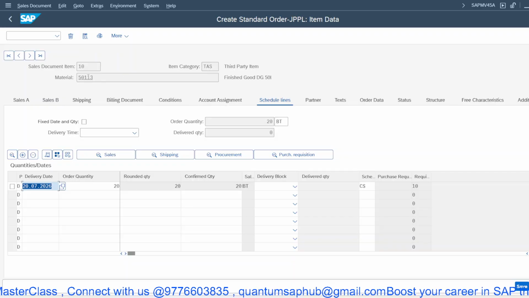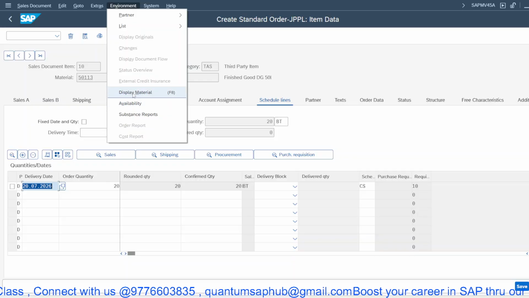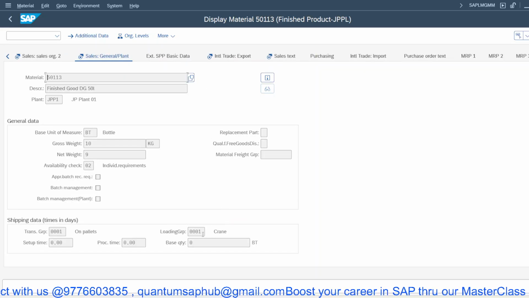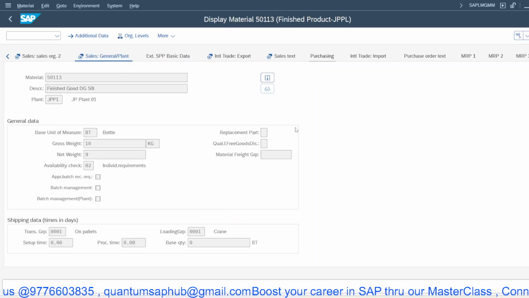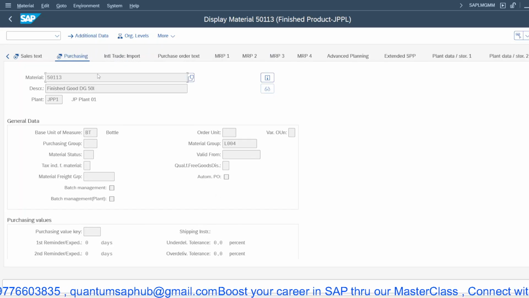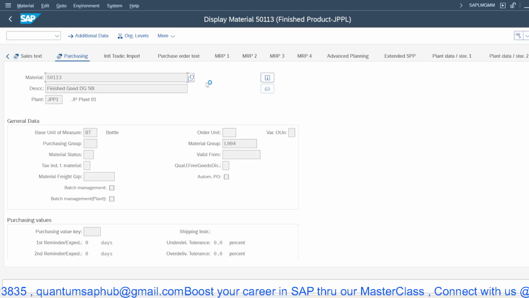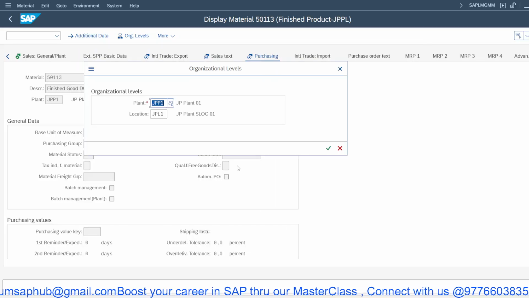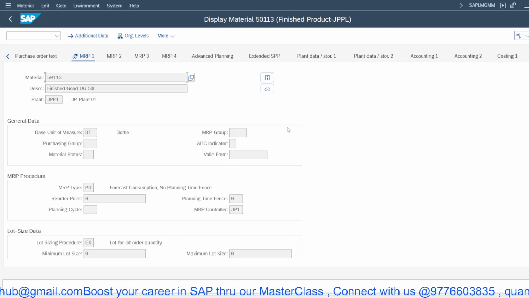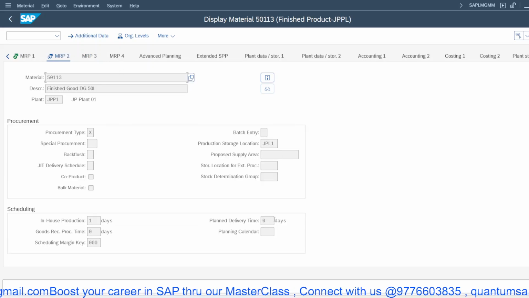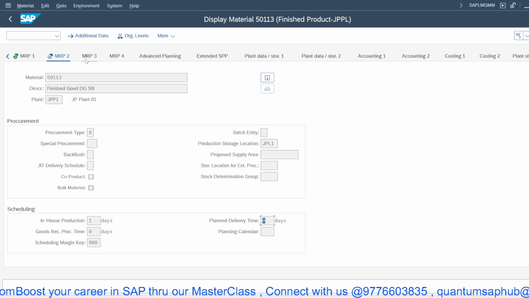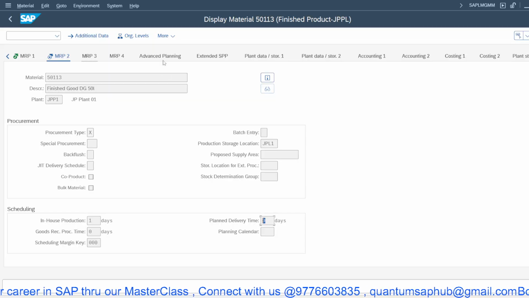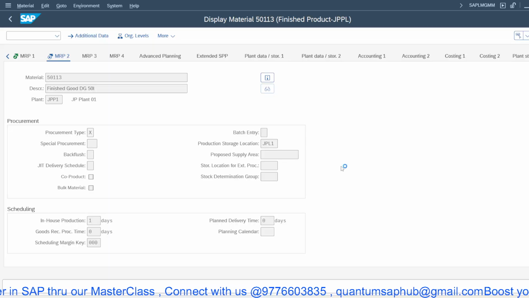Okay, because in this material we have given the planned delivery date where it is purchasing, MRP is 0 days. There it is 1 day. That's why different dates it is confirmed. Okay, now exit,